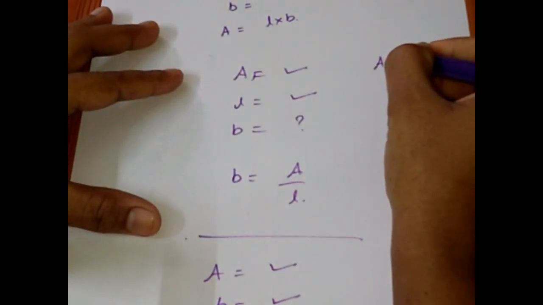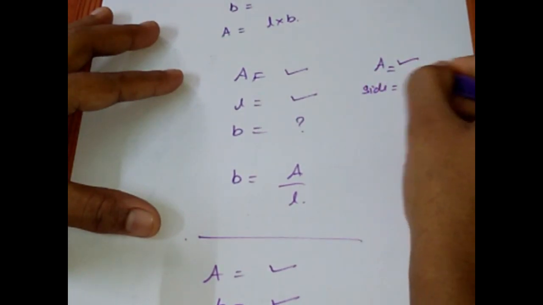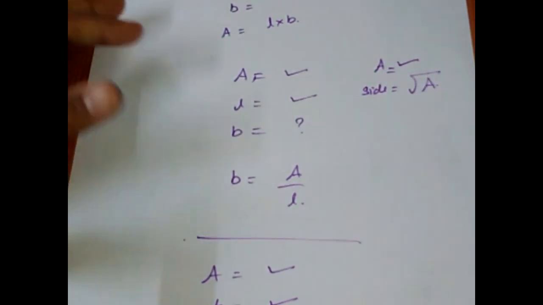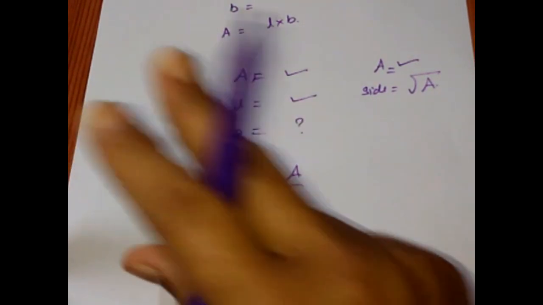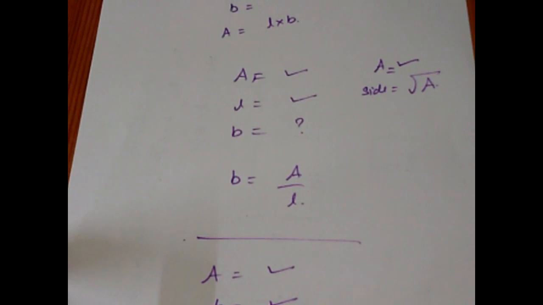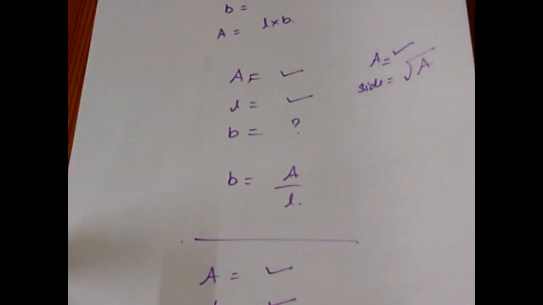If the area of a square is given, how do we find the measure of the side? That is the square root of area. Square root of area means you need to know which number should be multiplied two times to get the given number. Let us straight away move on to the exercise problems, and in detail let us discuss a few concepts.